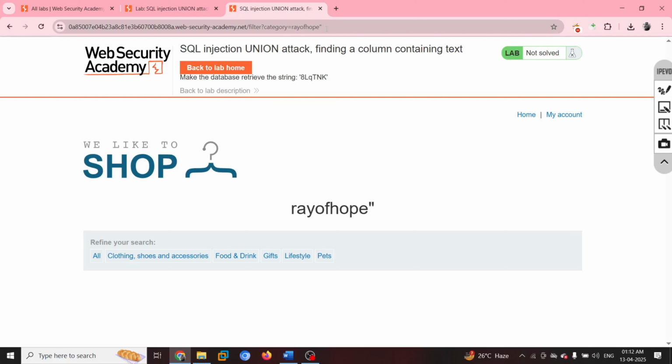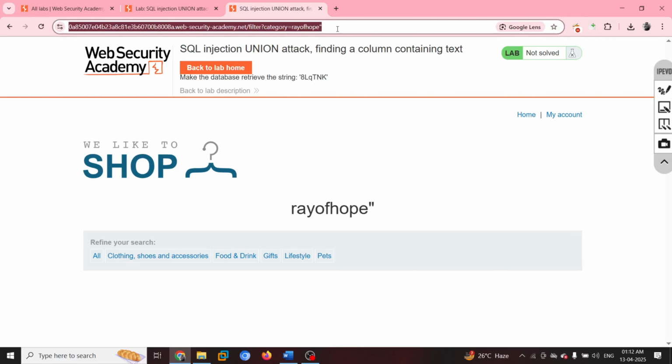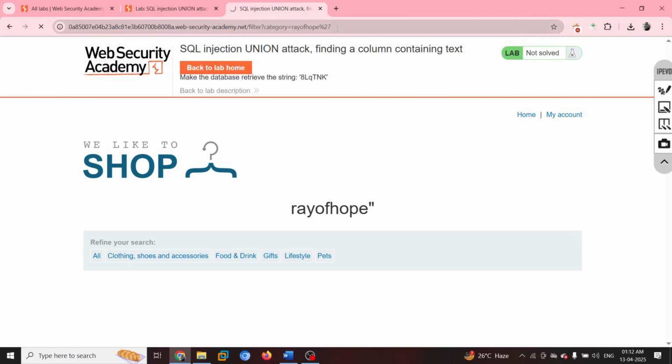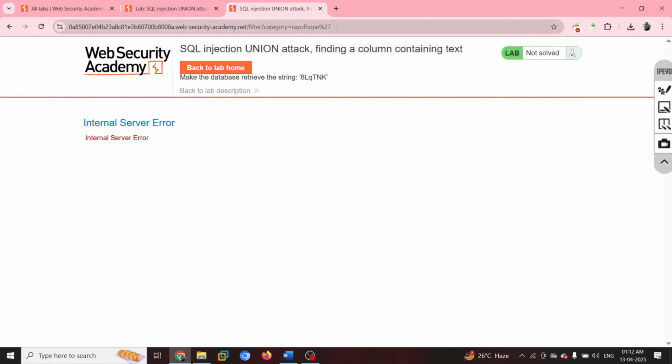If I change this to a single quote and hit enter, I get an internal server error, which means it is probably interacting with the database and the developer written code is in single quotes.